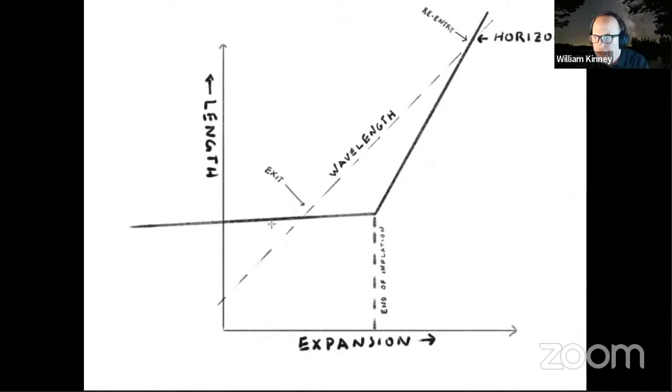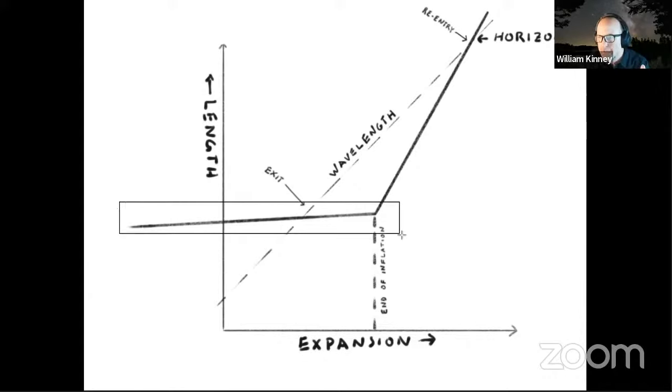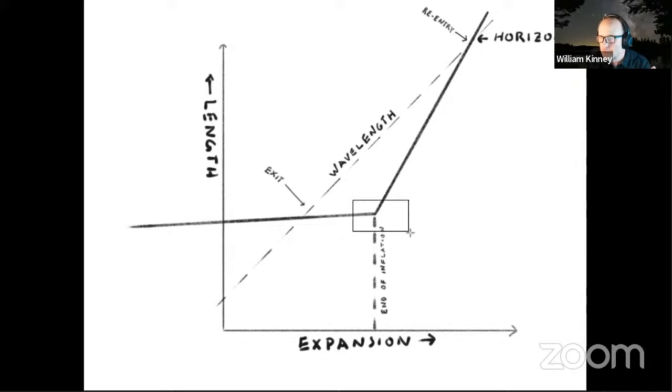Here's the basic picture: during inflation, the horizon size is approximately constant. It's growing very slowly because when epsilon is not exactly equal to -1, that tells you that the Hubble length is growing rather slowly with time. So on the vertical here, this line is the horizon size as a function of the amount of expansion. Then at the end of inflation, you transition to a radiation-dominated phase, and the horizon starts to grow relatively rapidly after this point where epsilon passes through 1. So over here, you're inflating. Over here, you're in the radiation-dominated phase.